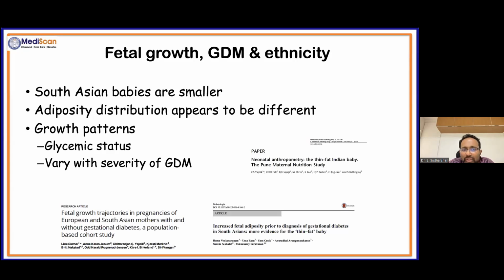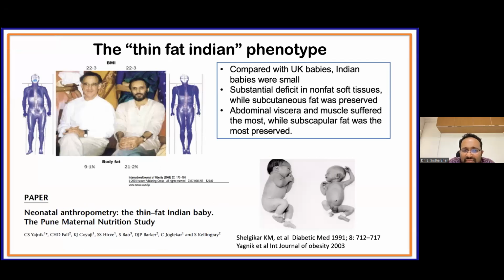These studies which reported on diabetic pregnancies, growth parameters and the relationship of ethnicity showed that though South Asian babies are a little smaller, the adiposity appears to be different, and this varies with the severity of the diabetes. And this is very worrisome, because our ultimate goal at the end of the day is not only to predict whether the baby is growing large, because as I'll show from data, the largeness of the baby does not translate directly into an adverse outcome, but also to predict if there could be some parameters